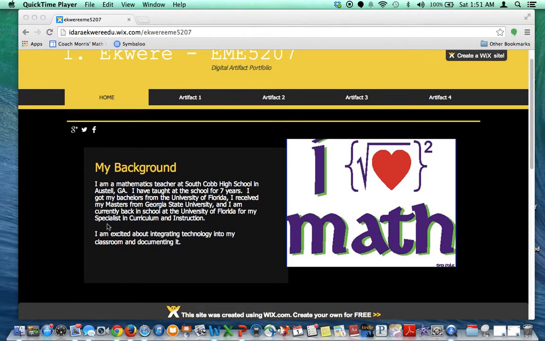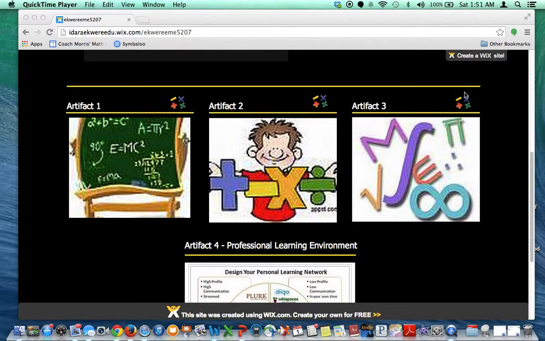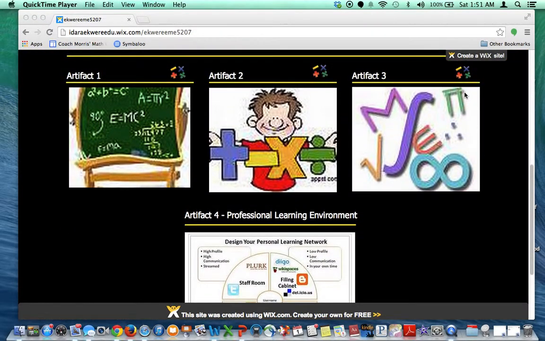As you can see on the home page, it's just a little background on me and then the 4 different artifacts. Down here is another way to link to the 4 different artifacts. Artifact 1,